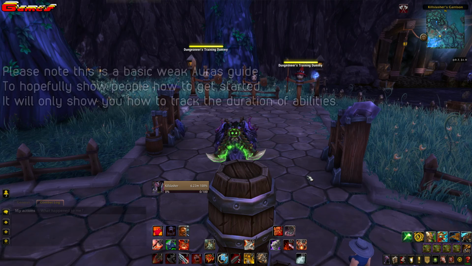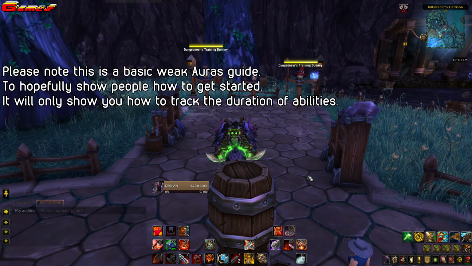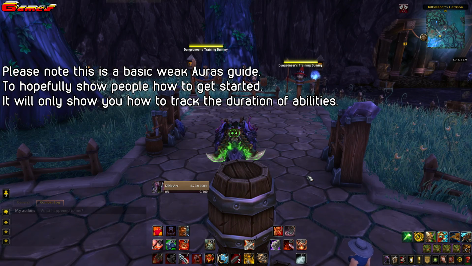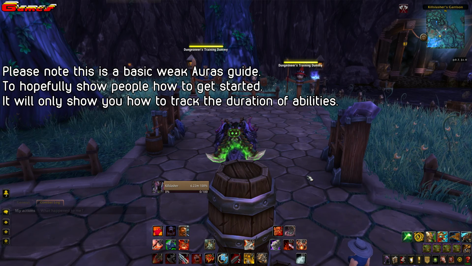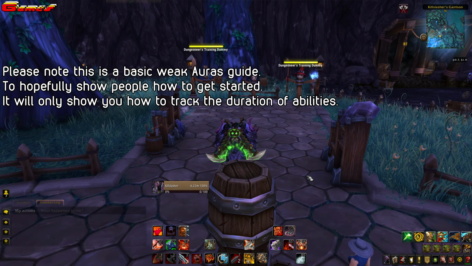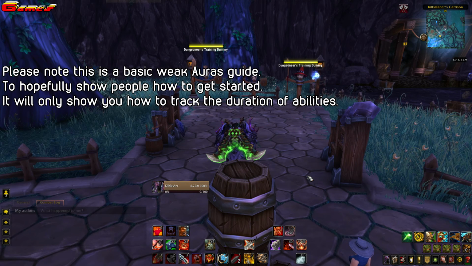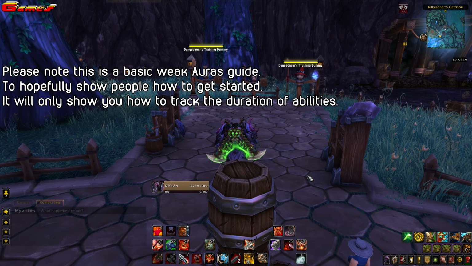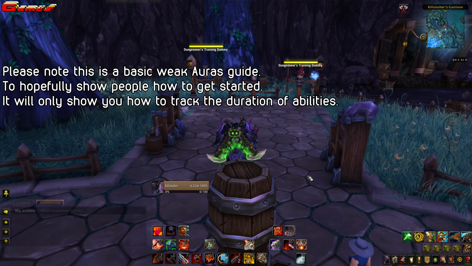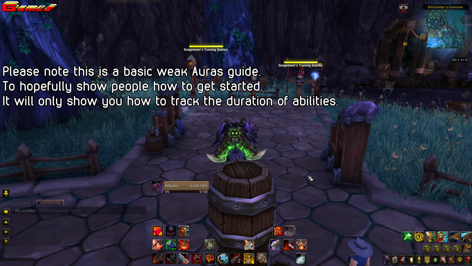Hi guys, so I'm going to show you how to set up a basic weak aura using the WeakAuras2 add-on, which can be downloaded from your Twitch/Curse desktop icon or from the link in the description box below. Now this is not going to be anything flashy, as all I want on my characters is simple and clear information regarding the duration on certain cooldowns and buffs when I choose to use them or when certain passive abilities